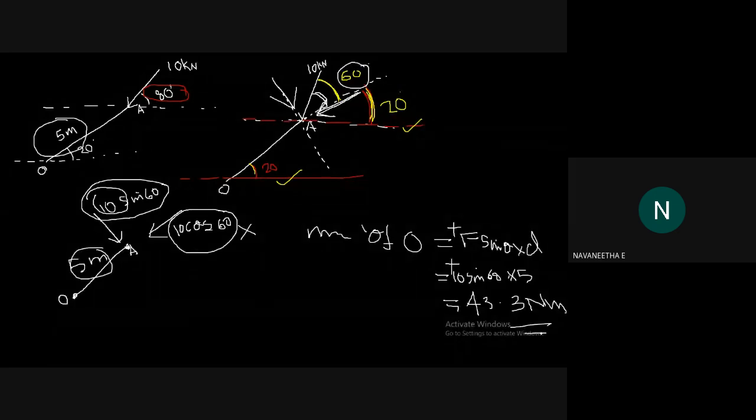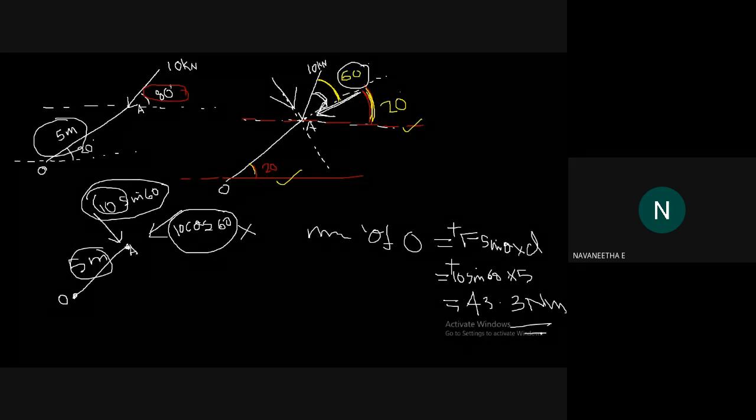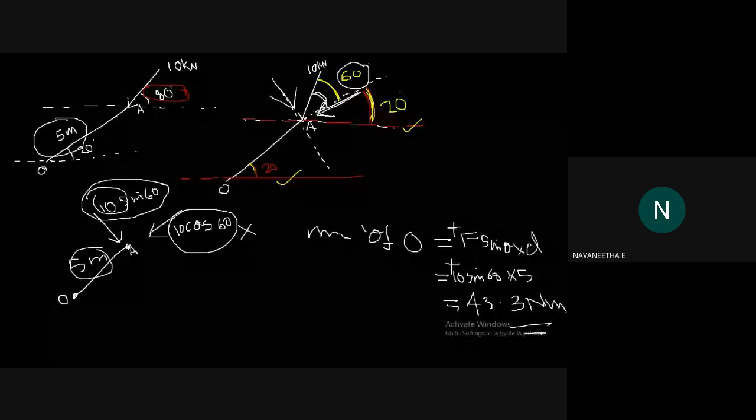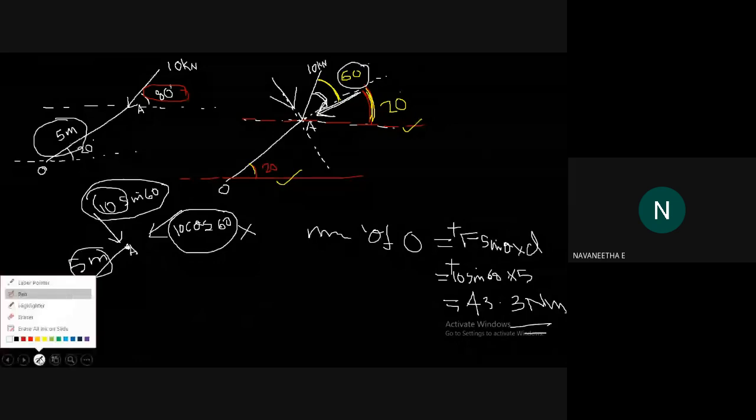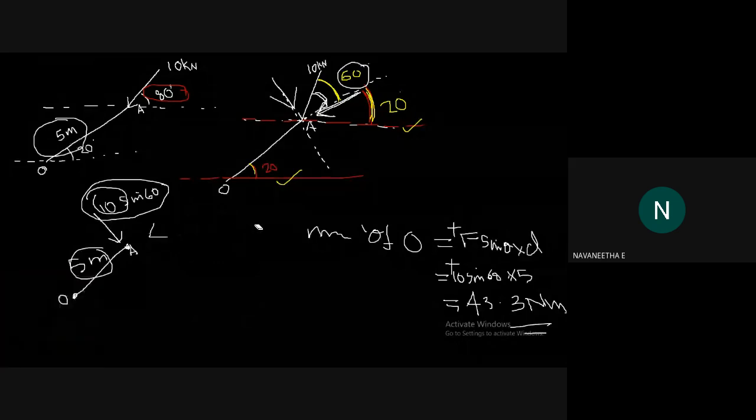Then another method is you can consider the coordinate system as the original coordinate system. So now you have to do the second method. You will need to consider the original coordinate system and resolve the force 10 kilonewton into x component and y component. Just do that. Next you can write another method, second method.